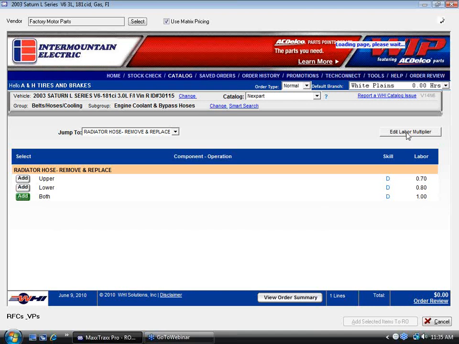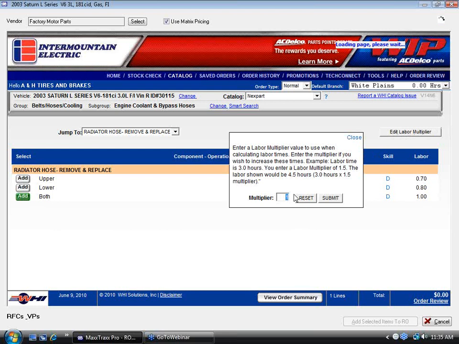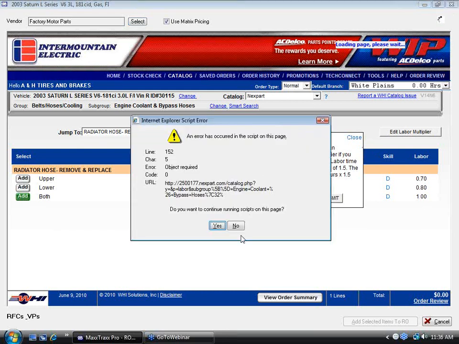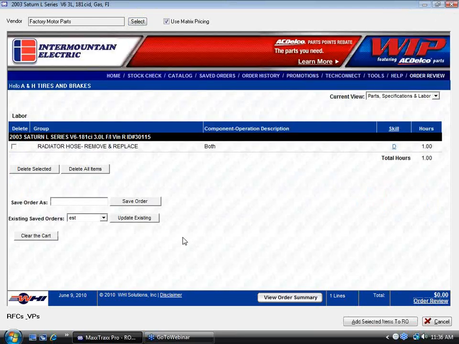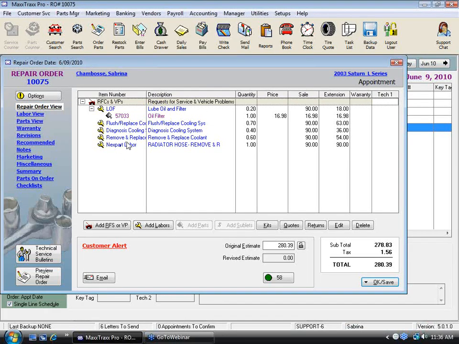But I also have the ability here to edit my labor multiplier. I could say 1, or I could say 1.1, just for fun. I'll just reset it. Why isn't it working for me? And I click on Order Review, and then I click on Add Selected Items to RO. So now this is a NextPart labor for those radiator hoses. Pretty cool. So, of course, my RO is looking a little messy, but I really wanted to show you guys not only is the online parts ordering so very cool, but it is really cool to be able to get